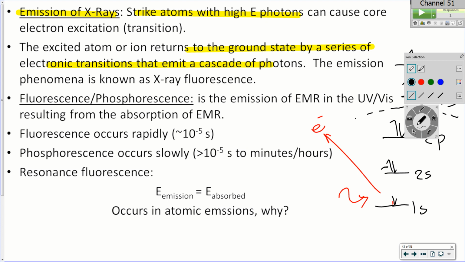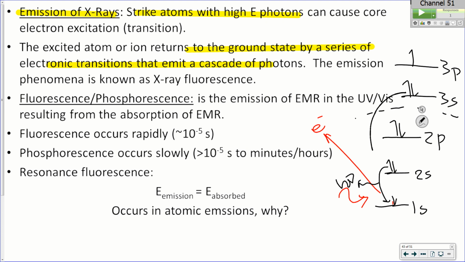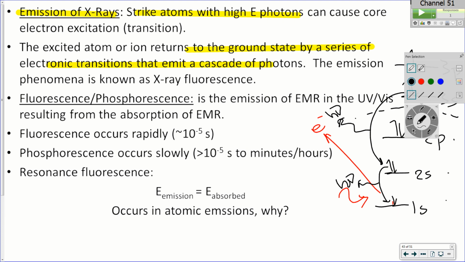So this electron may drop down and fill its spot, then this leaves a hole. But when this one falls down, it emits light, so there's a photon emitted here. And then maybe this one falls down in that one's place and emits a photon at a different energy. But it's very characteristic because these energy levels are known. It's a very characteristic pattern that we can look at. Now, the good thing about this technique, which is called X-ray fluorescence, is that it's non-destructive. So you can take something that's very valuable and find out what its atomic composition is.